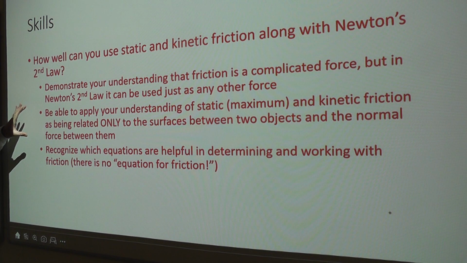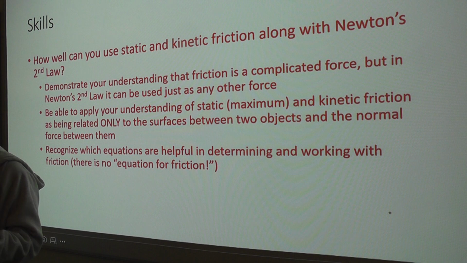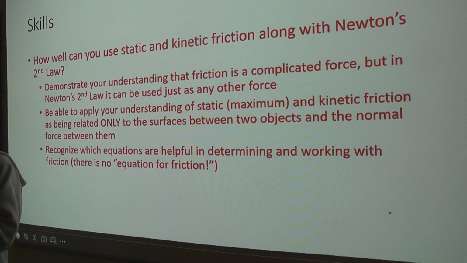Another piece to this is a purely theoretical piece. This is not actually 100% true outside of theory, but it's reasonably accurate for a wide variety of circumstances. And that's the idea that really the only thing that determines the amount of friction between two objects is the surfaces themselves, how sticky they are relative to each other,